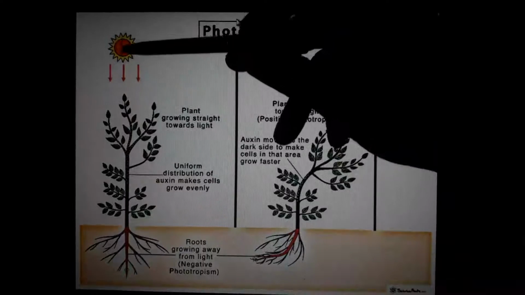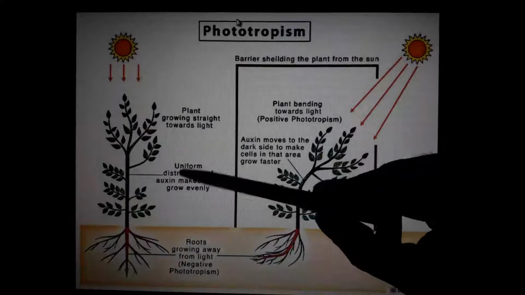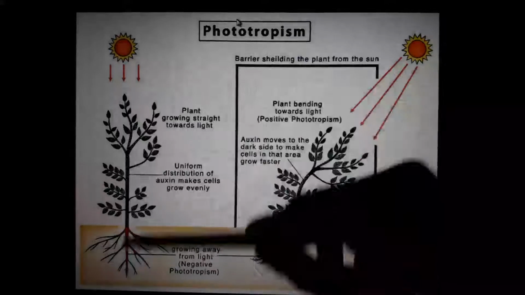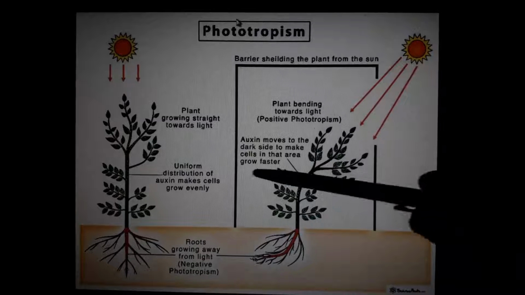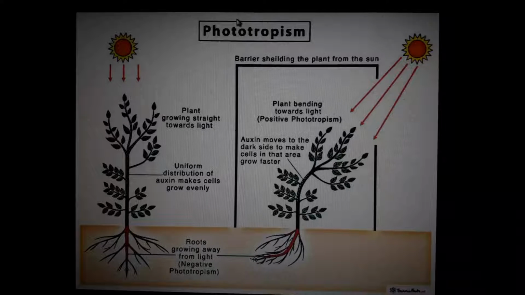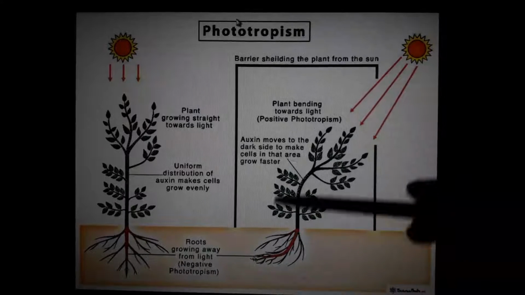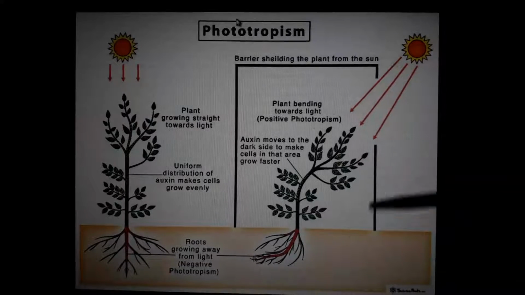So in this case, it is growing straight, which means the sunlight is coming directly from above. So auxins are equally distributed throughout the stem. So it is growing straight. But in this case, what is happening? Auxins actually do not like sunlight. Understand? Auxins do not like sunlight. When direct sunlight falls over auxin, the auxin will hide from the sunlight. So it will go to the darker part. When the sun is on this part, this side will be full of light, but this side will be shade. One part light, one part shade.